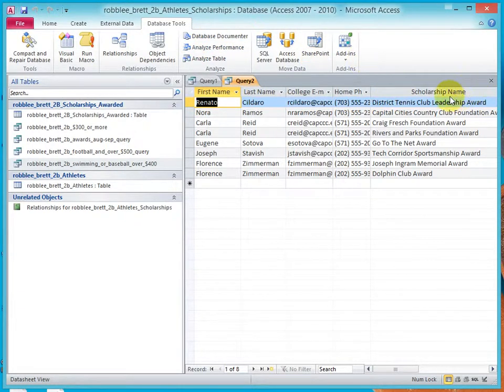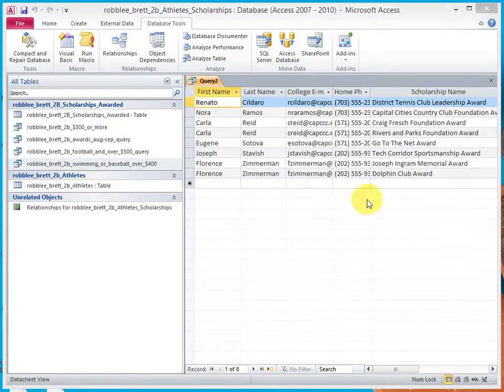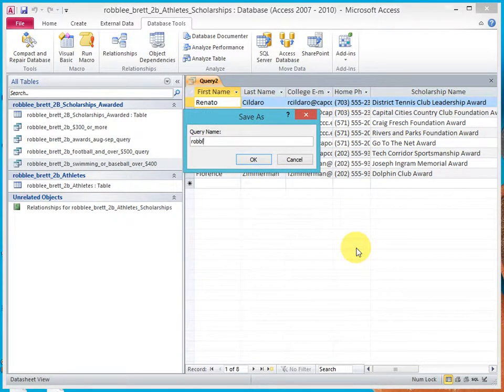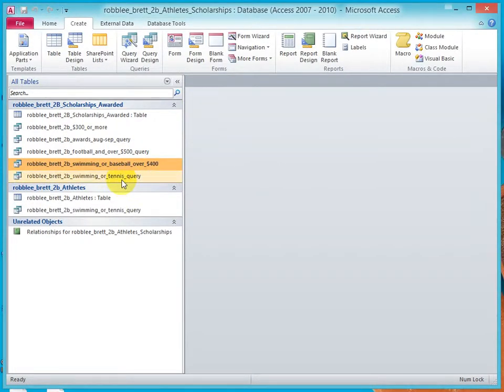Okay, so let's go ahead and let's save this off. And we'll use the same format for the name. We'll do last name, first name, swimming or tennis query. And now let's run it